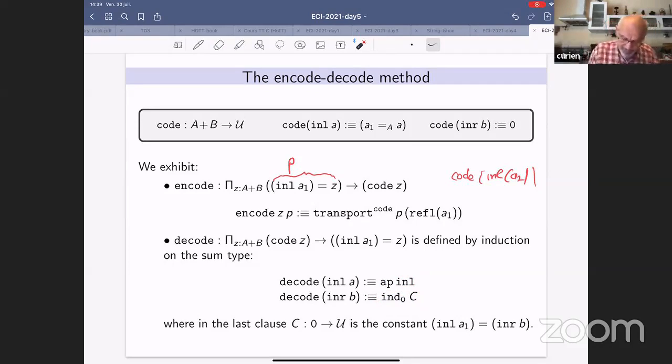Okay, so let's see what is the expected type of decode of inl A. Here it's the expected type, maybe I write, it's code of inl A. Okay, but code of inl A can be replaced by A1 equals A. So let me replace it immediately. Okay, inl A1 equals, remember that Z is inl A, equal inl A. And this is very easy because it's enough to apply the function inl. So I have a path here, and the function inl considered as a functor gives me a path from inl A1 to inl A. So this explains